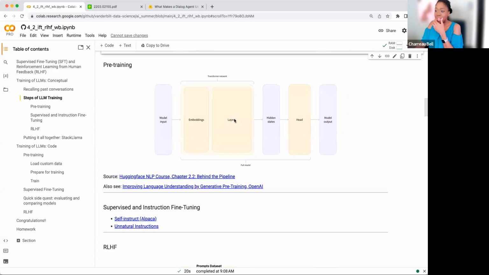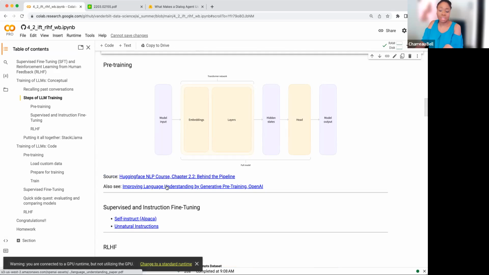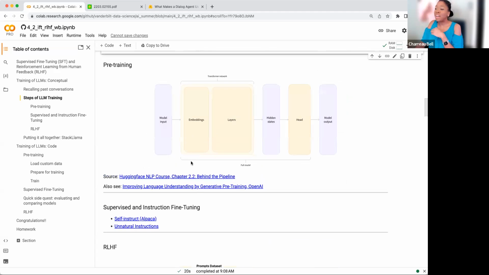All right, so now coming back to pre-training. I've just provided some resources here for you to read through. So this comes from here. If you want to read more about that, just to refresh your memory a little bit, disambiguate. Also, this is the original paper from OpenAI, maybe not the original, but this is where they talk about their pre-training strategy, as well as a different kind of fine-tuning that we used to do back in the day last year, where we'd fine-tune the model head for specific things. But just a quick reminder of what we are looking at.